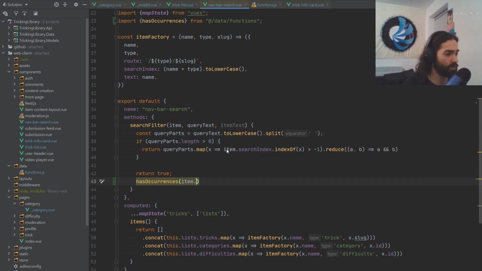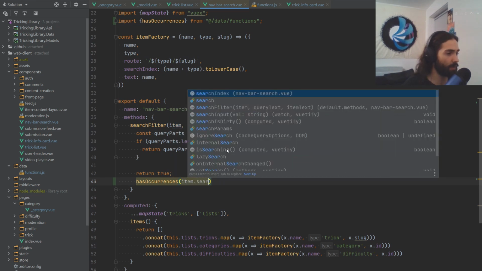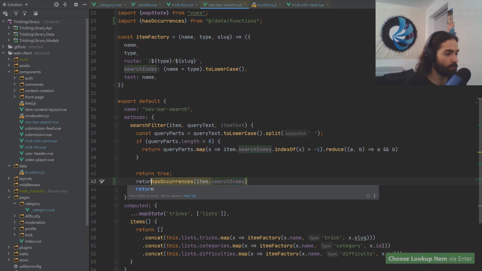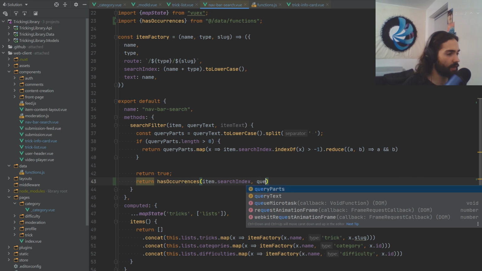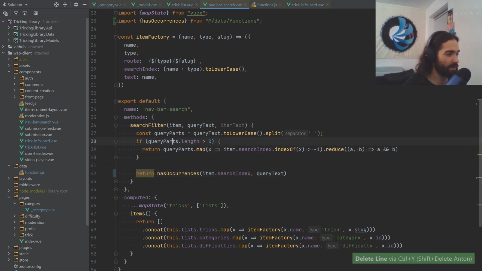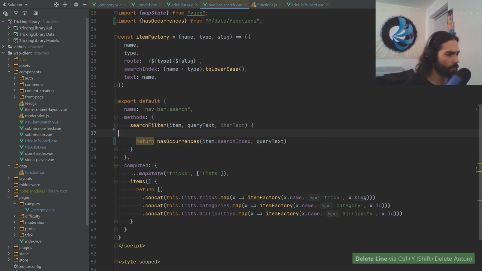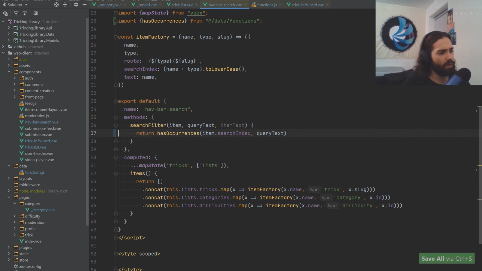And now let's just say put search index into here. We will return it as well, because the contents of it are pretty much the same. And then the query text, let's go ahead and put this in here as well. All right, so all of the rest we can pretty much delete, and now the has occurrences, we can reuse